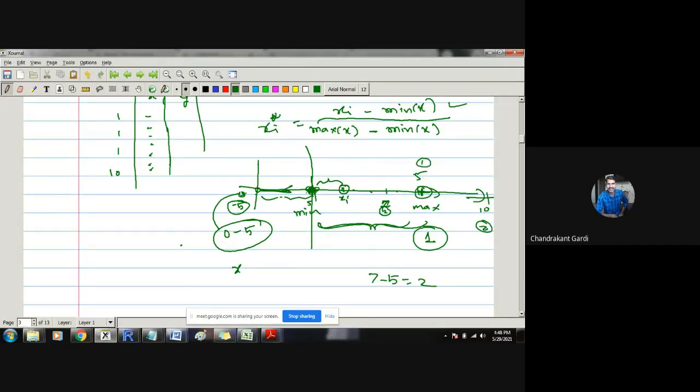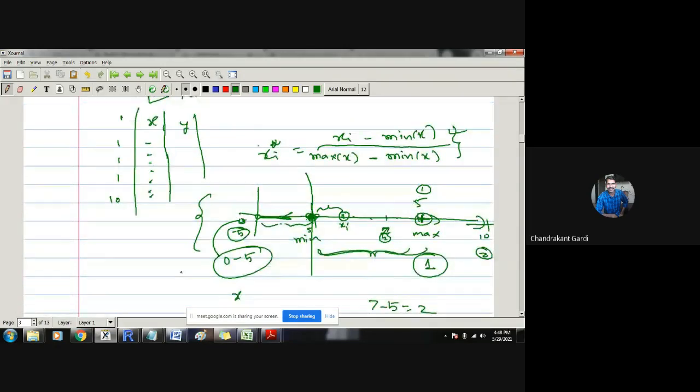How did this 10 arrive? It is 10 divided by this 5. Similarly, whatever this new point is, that will be divided by maximum of x minus minimum of x. By doing this, we are simply changing origin and scale. So even if you don't get this particular point, don't bother about that. Just remember this formula: when we are doing max min normalization, in that particular way of normalizing things, we use this formula. Xi star is equal to xi minus minimum of xi divided by maximum of x minus minimum of x.